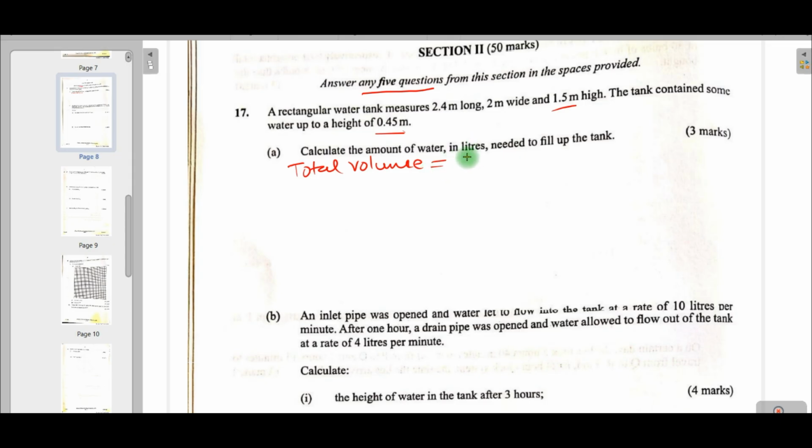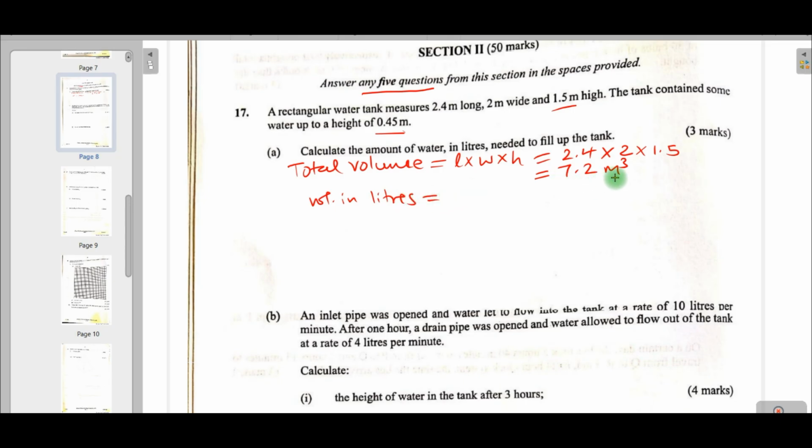So the total volume is length times width times height, and in this case the length is 2.4 meters, the width is 2 meters, and the height is 1.5. So if you work it out, we get 7.2 meters cubed. So volume in liters will be,